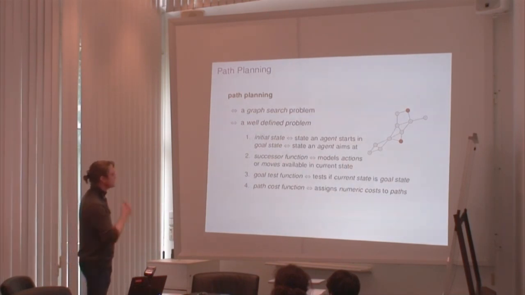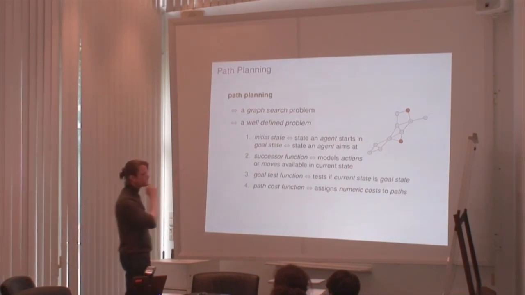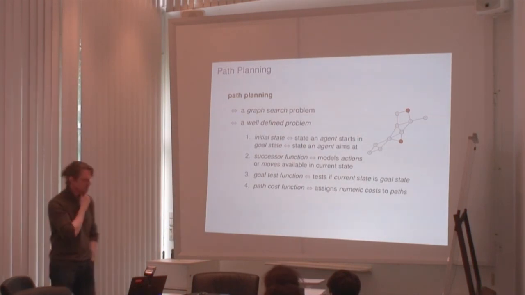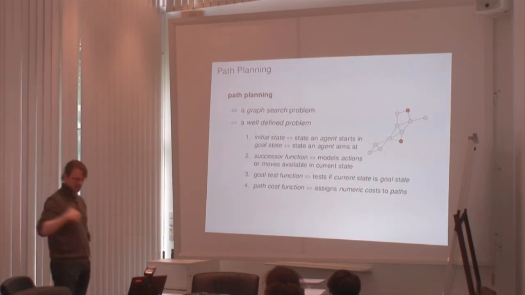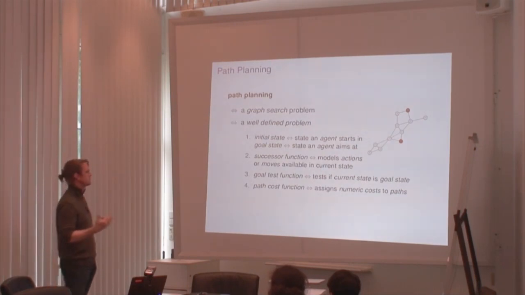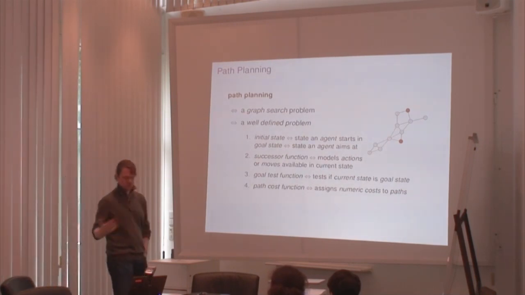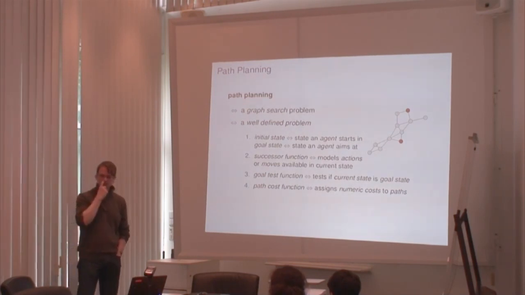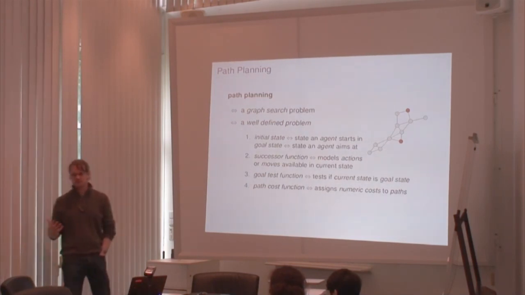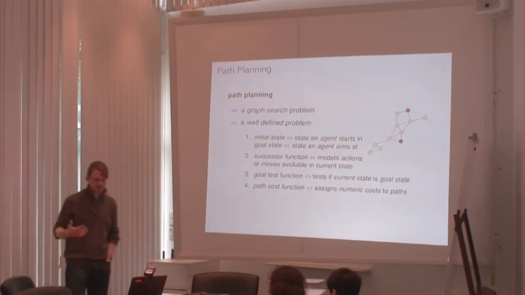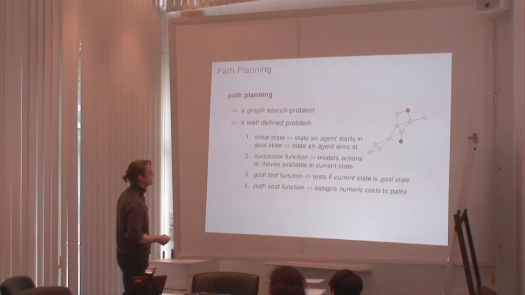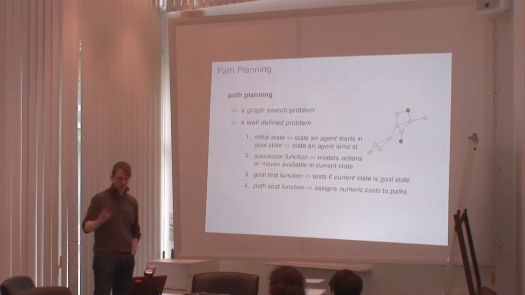And also in lecture 7, we already formalized the notion of a well-defined problem. So basically, we can agree that this problem of path planning is a graph search problem. We have to search a path in a graph, and a graph is something we can imagine as a discrete state space. So we are dealing with a graph search problem, and in order for it to be solvable, it